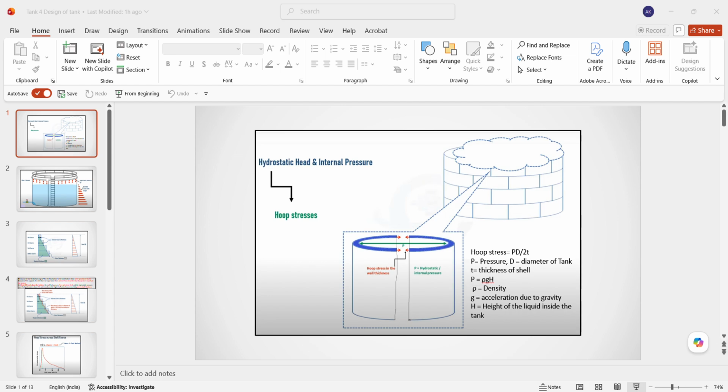There are two methods in which we are doing the thickness calculation. One is called the 1 foot method, another one is called the variable point method. The 1 foot method is applicable up to 61 meter diameter. It is easy to use this direct calculation because you know the hoop stress formula, and the formula is also given, and we have to calculate the thickness of the plate at 0.3 meter or 1 foot height from the bottom of the shell, because there the stresses will be maximum, and calculate the stress in